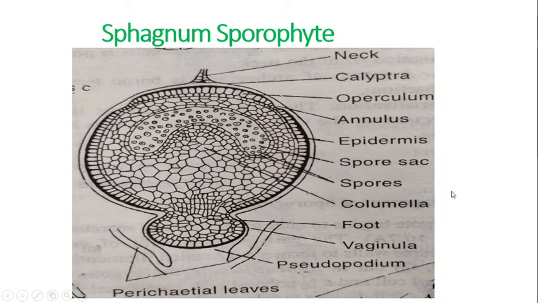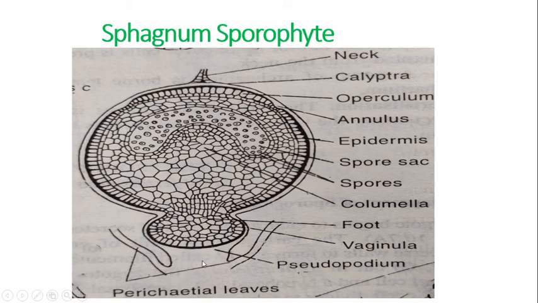So okay, now let us see, this is the diagram of the sporophyte. Now you can see that these are the pericytial leaves. I told you the pericytial leaves are present, and here the archegonium was present initially, and after the fertilization this structure formation took place, which is known as the sporophyte. Here you can see that because this is the archegonial branch, due to the elongation of this branch, this entire structure comes out. You can see that it is coming out. So this is the capsule region, this is the foot region, and this is the pseudopodium.